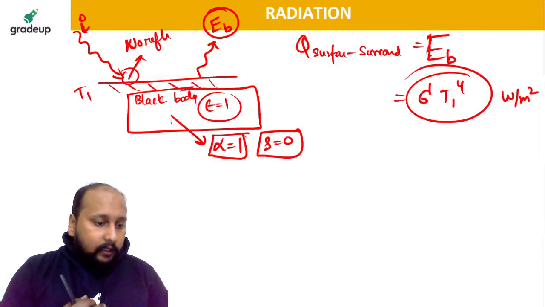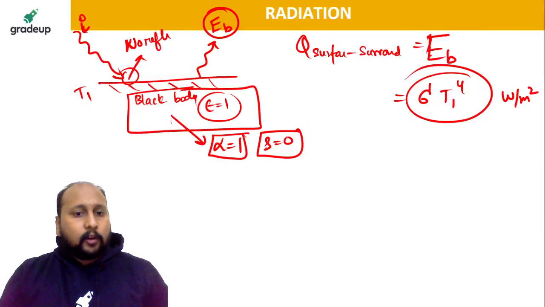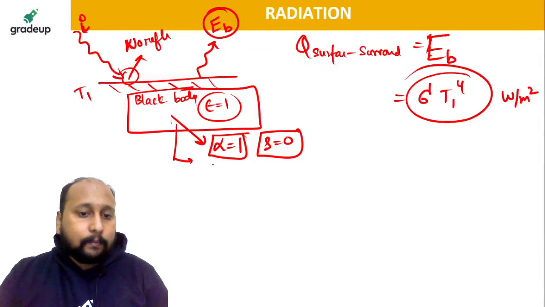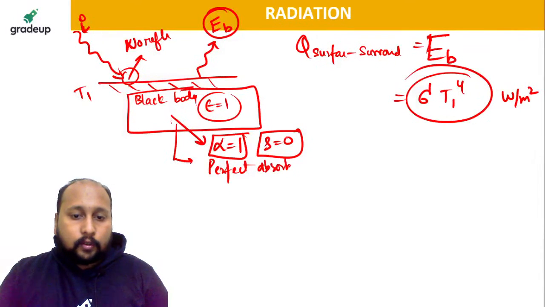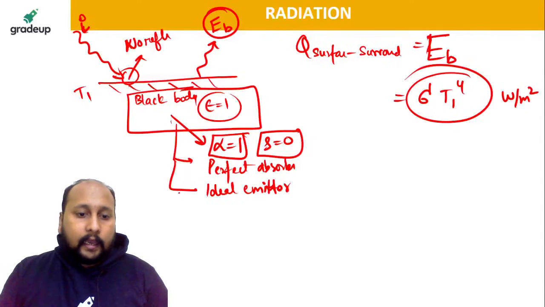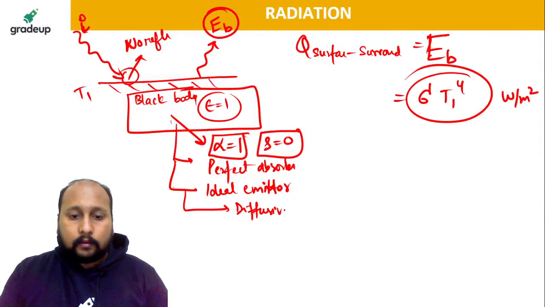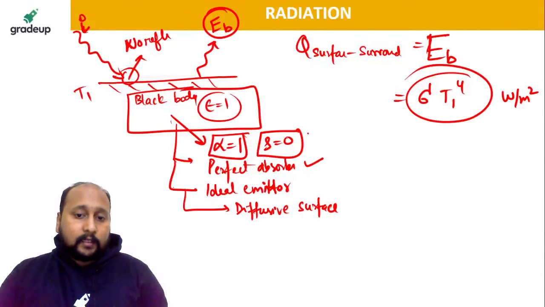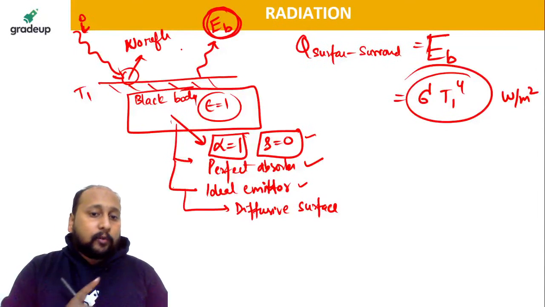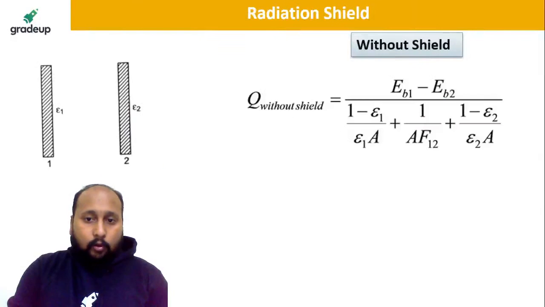Why? Because a black body is having a property: it is a perfect absorber, it is an ideal emitter, and it is a diffusive surface. I hope everyone knows the properties of a black body. It's a perfect absorber, that means reflectivity equal to 0. It's an ideal emitter, it will be having the maximum emission. That is why, if you have observed, if you go back to this,